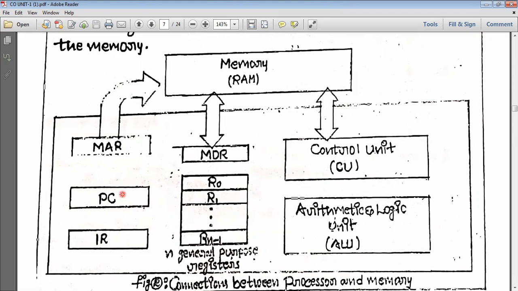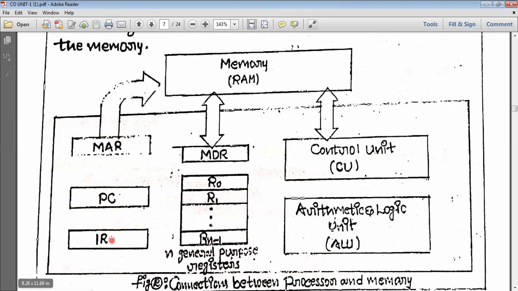It fetches the address location of the next instruction. A very, very important role of PC in every program. If you know the PC value, then only we know whether we are going sequentially or any branch will be there. That is all known by using this PC value only.